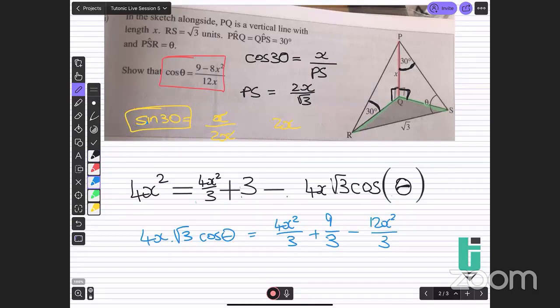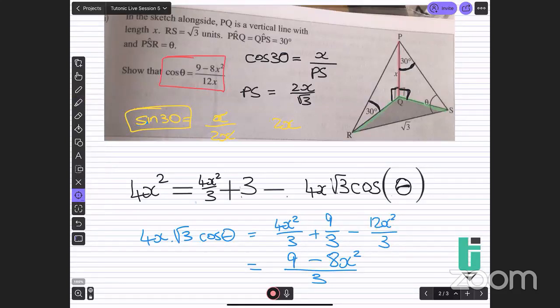And then that gives you minus 9 minus 8x squared over 3. Because this is 4 plus 9 minus 12x squared. Do you guys all see that? And then we divide by